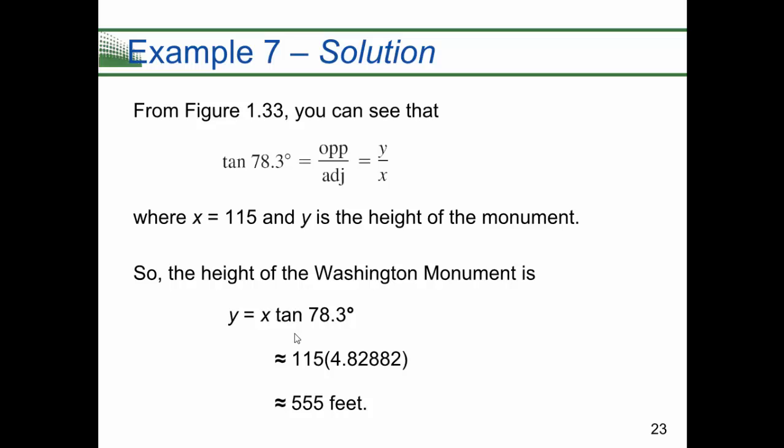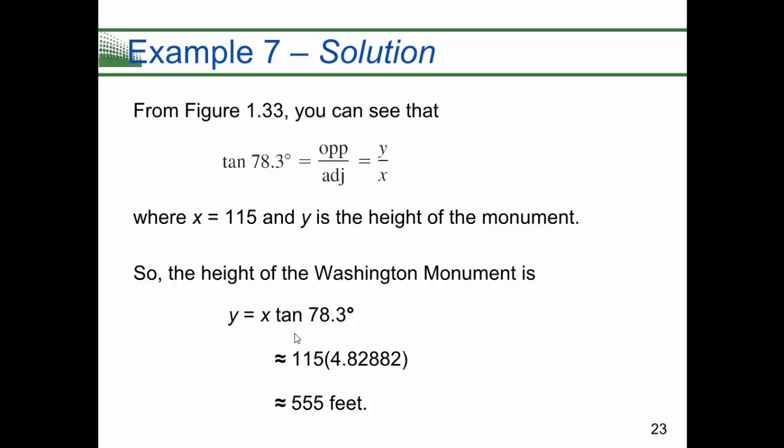We also know that the adjacent side is 115, and that y is what we're trying to find. Y is equal to x times tangent of 78.3 degrees, or 115 times 4.82882. So approximately we get that the Washington Monument is